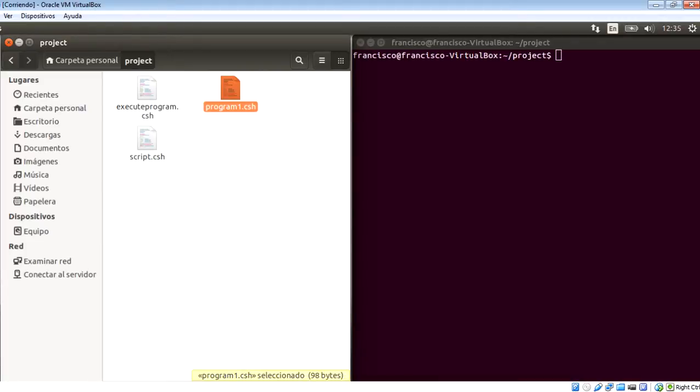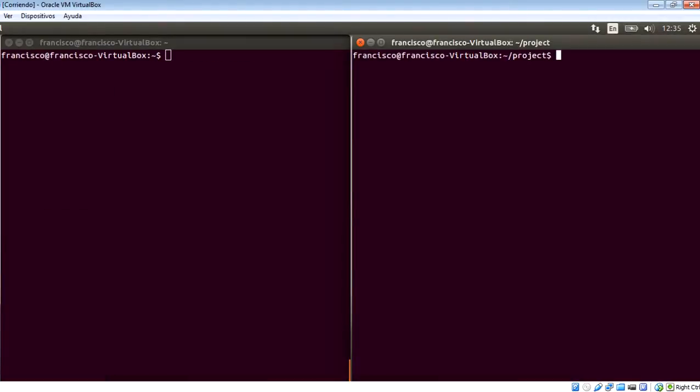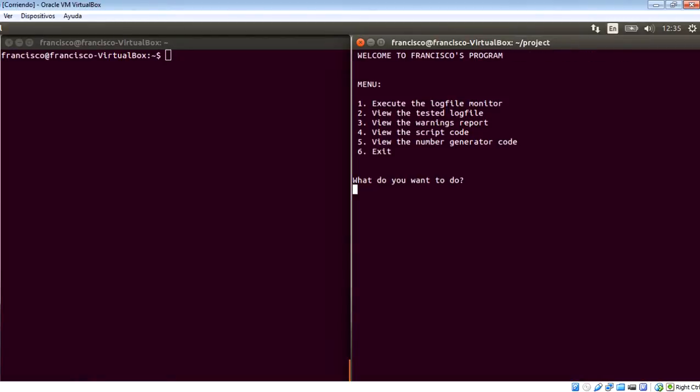Okay, in this case I will run the script like this. It displays a menu with 6 options. The first option is to execute the log file monitor. The second one is to view the tested log file. The third one is to view the warning report. The fourth is to view the scripting code, which is the main program. Welcome to Francisco's program. The fifth is to view the generator code, which is the program I already showed you, and the sixth one